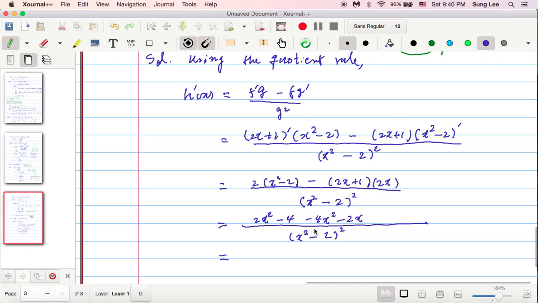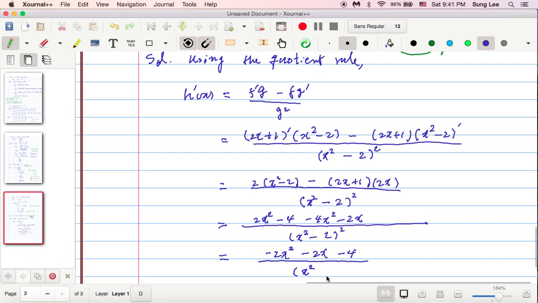Okay, so now 2x squared and negative 4x squared together come down to negative 2x squared minus 2x, negative 4, okay, all over